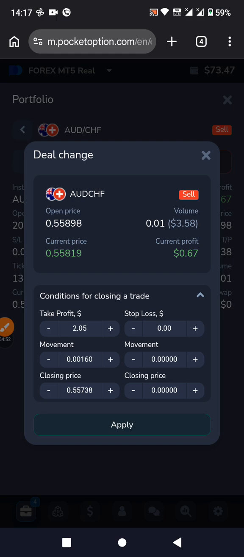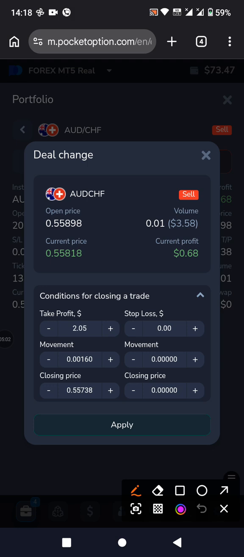After clicking, unaona pale kuna conditions for closing a trade. There is a take profit, there is a stop loss, there is movement. So what I want you to do, you'll be coming here where it is written condition for closing. You come here, this one here, for closing. So now you will go back to the market where you want to see that your take profit will be set. You just go back,